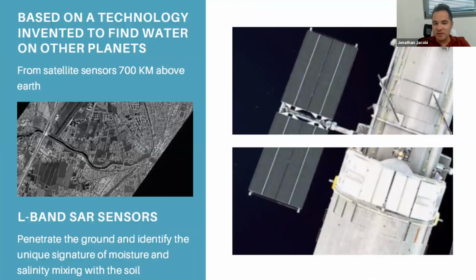So how exactly does SAR work? SAR is, as I mentioned before, synthetic aperture radar. We have this radar mounted on a satellite. By the way, the satellites that we're using are not ours. There are currently 3 satellites in the sky today that enable us to use SAR technology with the L-band frequency. And basically what happens, you have a satellite that's orbiting Earth very quickly, covering every point on Earth.